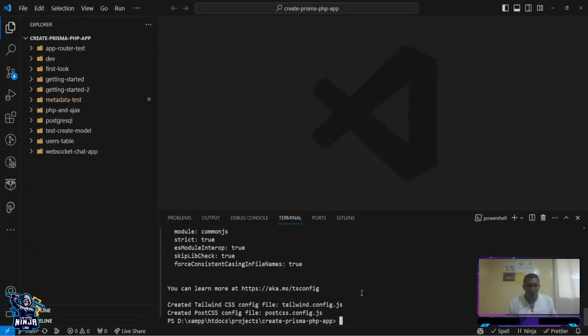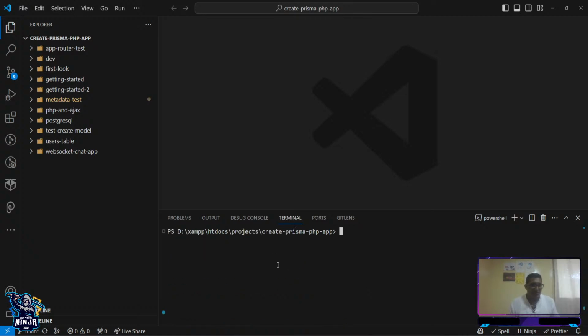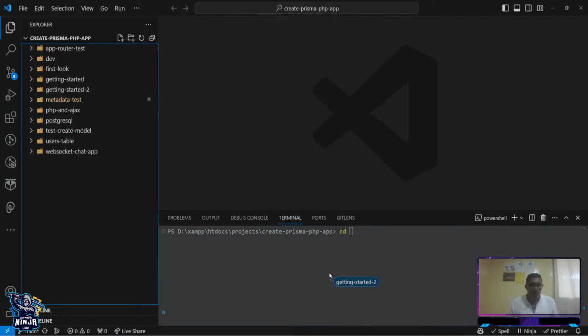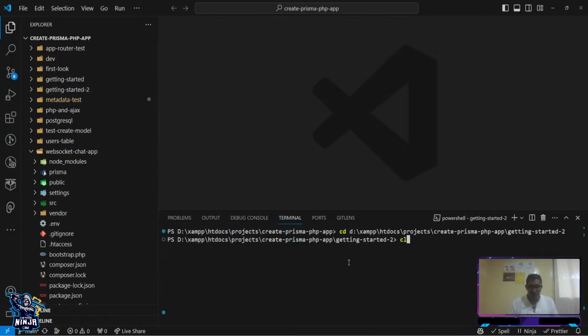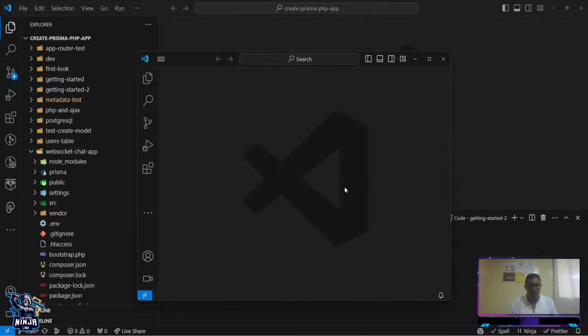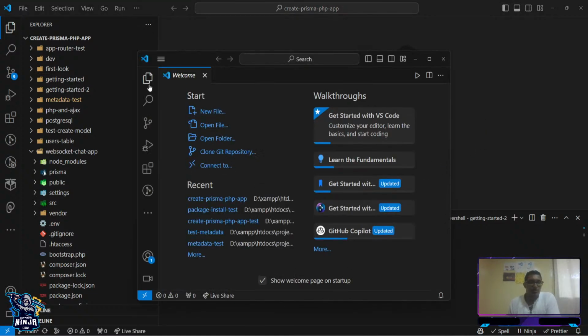So now what I'm going to do is clear my screen, and then get access to it, clear screen, and so I'm going to open in a new